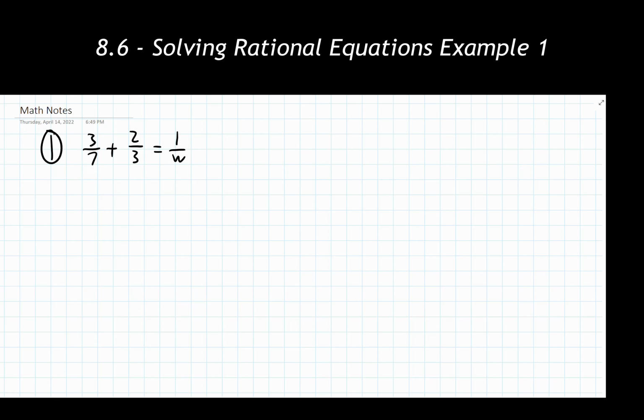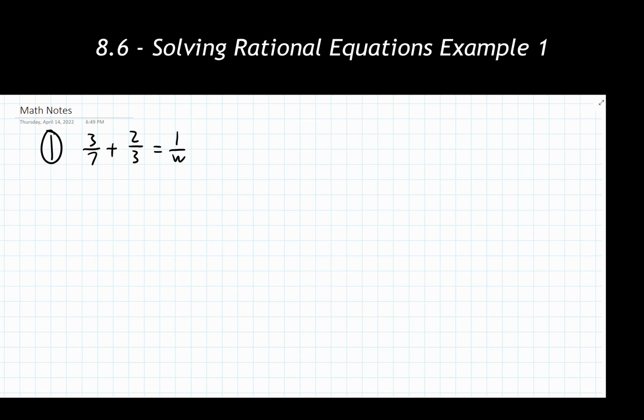So I need to determine where division by 0 could take place in any of these denominators. Well, the first denominator is just a number, it's just 7, so I can't plug anything in that would create division by 0. Same thing with the second one, I can't plug anything into the number 3 and make it anything different, so we're good there. And then we look at this last denominator, and we notice it does have a variable in it, which means a value could be plugged in there. So I need to find what number would create division by 0 in this particular expression.